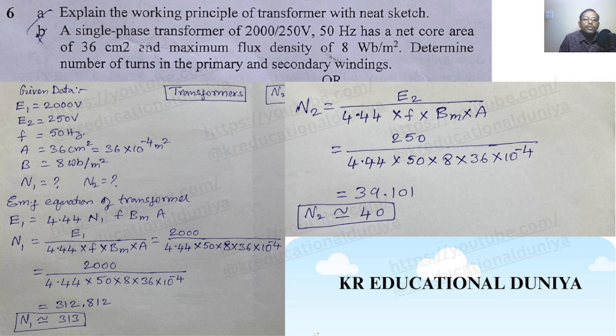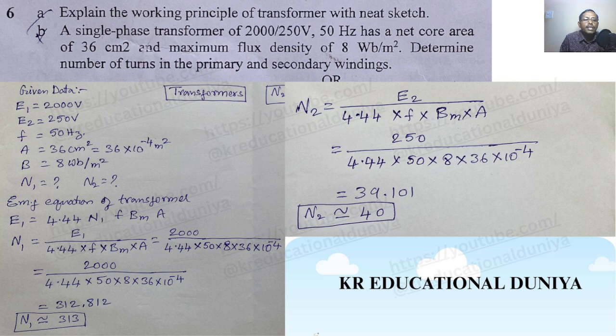So here we know the regular formula, that is EMF equation of a transformer, referred to primary, E1 equal to 4.44 N1 F phi m. Here they have not given phi m value. Instead of phi m, the formula for phi m is Bm into A. So we are writing directly 4.44 into N1 into F into Bm into A. So here what I need is N1 value, remaining I know the values, right? So N1 equal to E1 by 4.44 into F into Bm into A. Okay, so substituting all the values, you are going to get